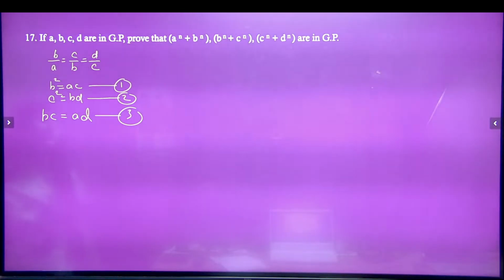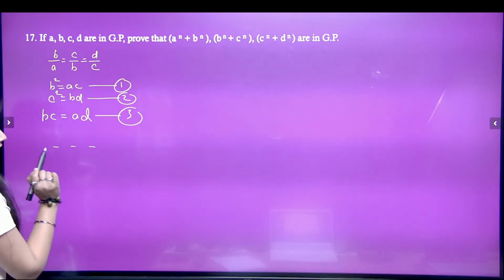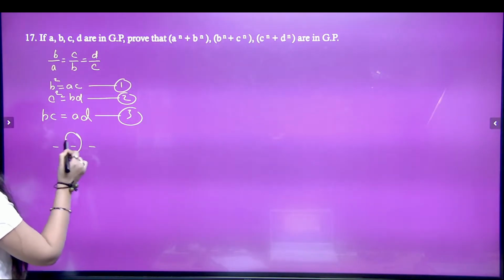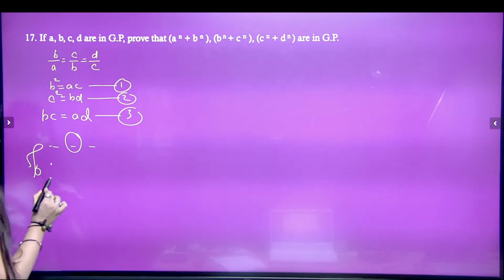Now it says prove that a to the power n plus b to the power n, comma b to the power n plus c to the power n, comma c to the power n plus d to the power n are in GP. So this is what you need to prove. So according to question, we can say if three terms are in GP, that means square of second is equal to product of first and third, isn't it? So what we need to prove here,